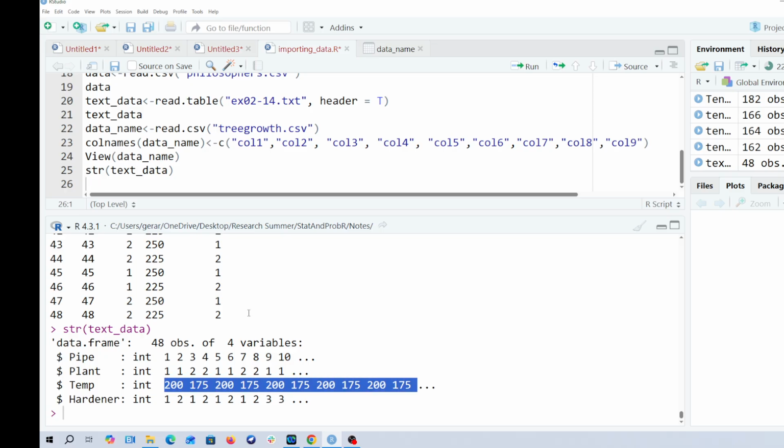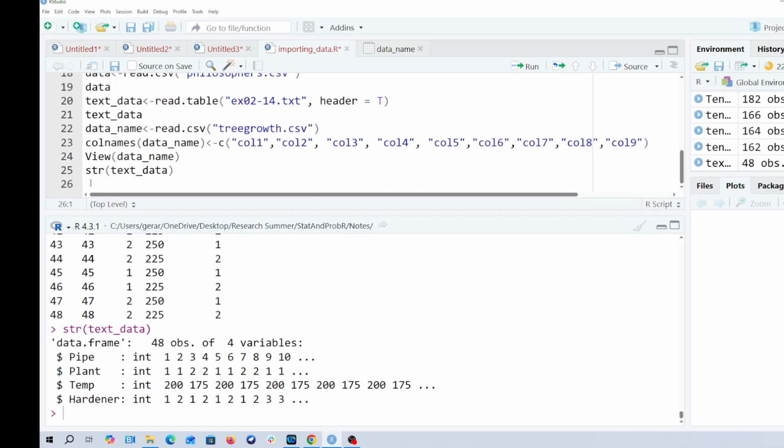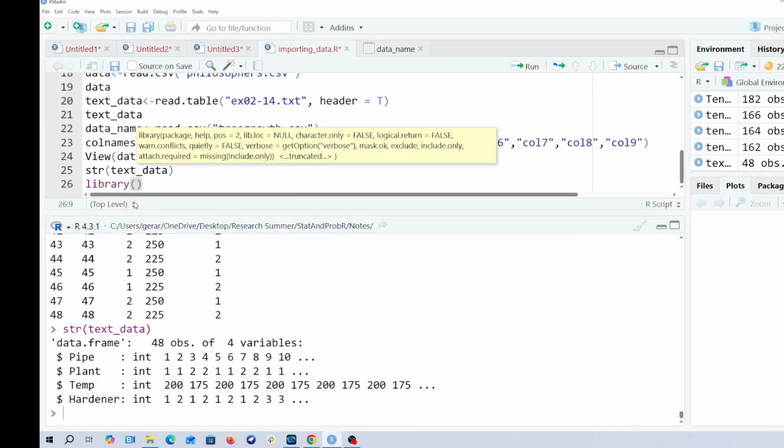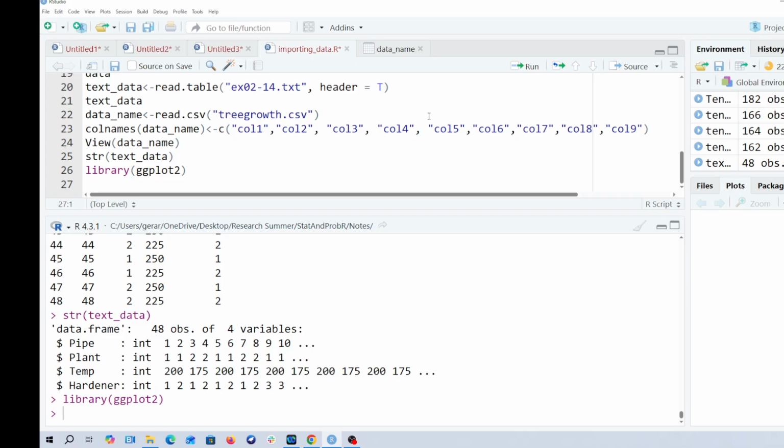I know this temperature column. If I do a box plot, because this one is showing integer, but it's normally supposed to be a category, which is just 1 and 2. Let me say I want to do a box plot using the ggplot library. Normally you're going to run this, and then I'm going to do